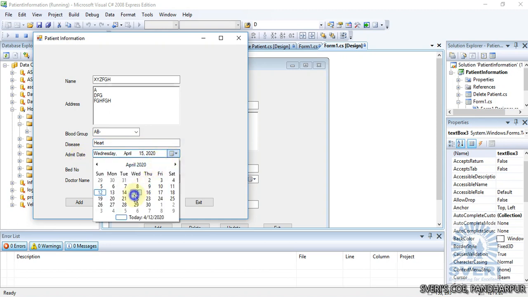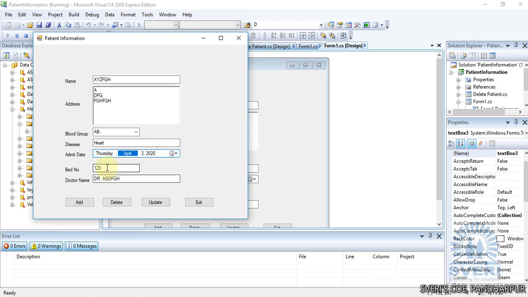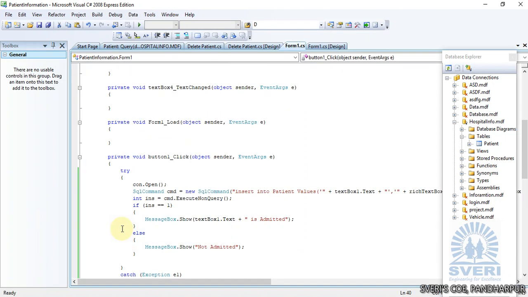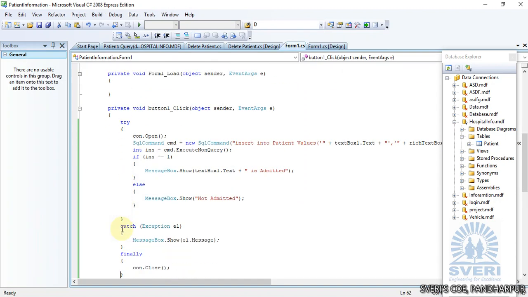Admitted, we will change it. Okay, we have to change it as actually state the bed number 121, doctor. Okay, just add. So after clicking on add button, it must clear all these things, input control. So for this purpose, just go to your design window, double click on add button, and in add button go for the finally,